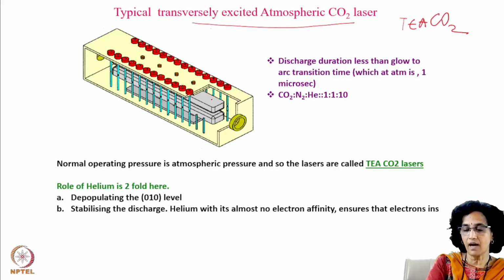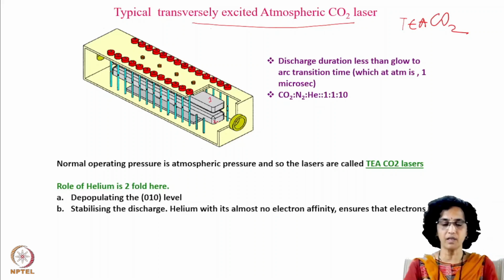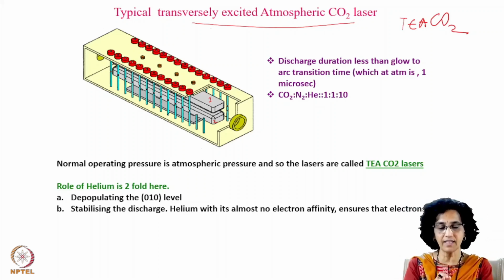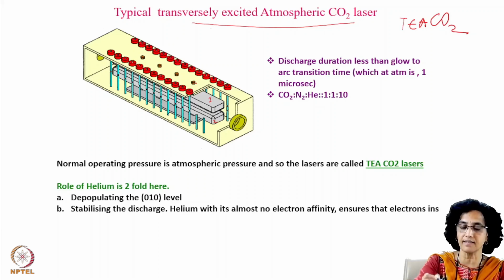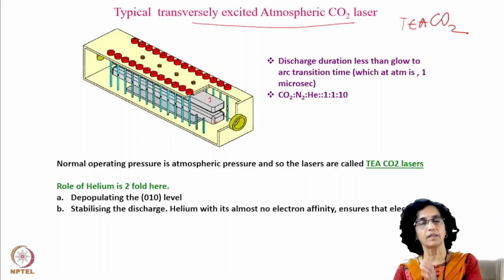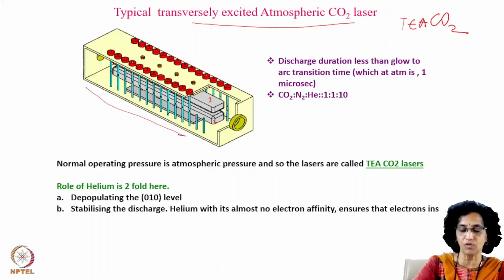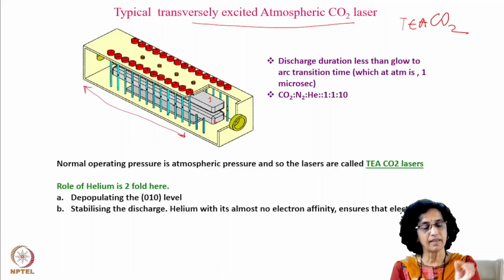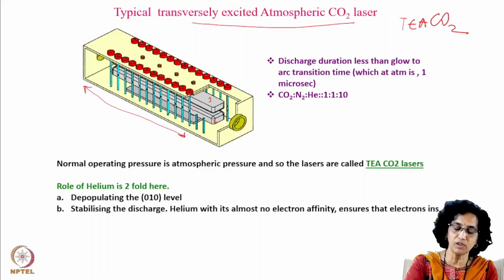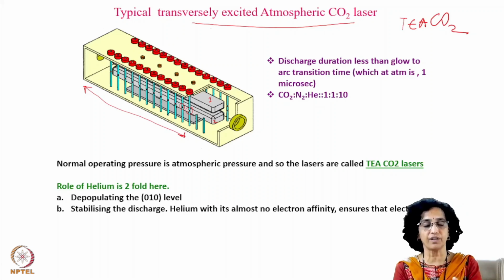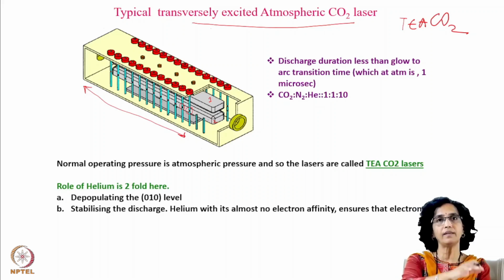See, these are the electrodes that I was mentioning. Can you make out that they are actually electrodes with some dimension, and they are placed facing each other, and the pulser circuit, that is this part and this part, is connected to the capacitor through the switch, so that the capacitor discharges into this. And these are the pre-ionization pins, which are placed all along the length of the CO2 laser at regular gaps, so that the UV photons emanating from the sparks when these fire into the intermediate gap can cause the pre-ionization, and they ensure that there is no arc but a good glow discharge when the capacitor discharges